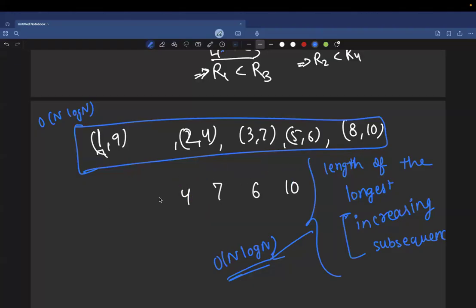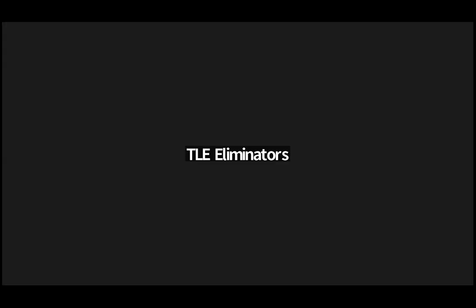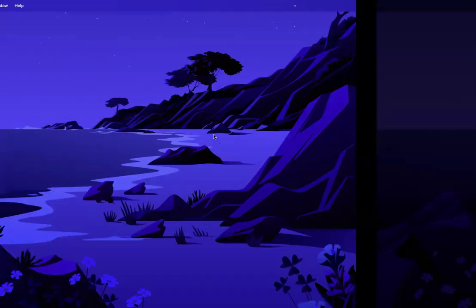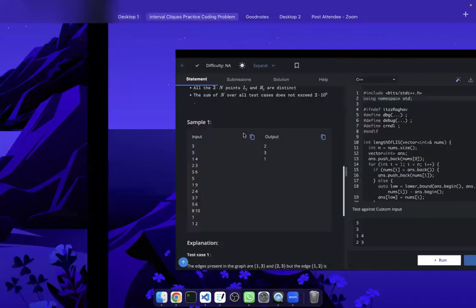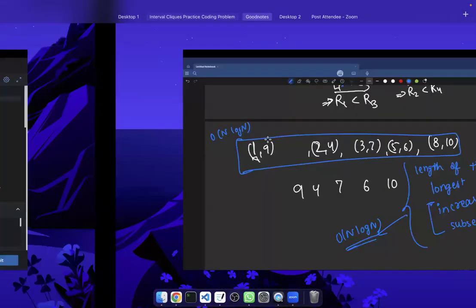Yeah, just 1 second. Sorry, I mistakenly clicked on stop share. Okay,